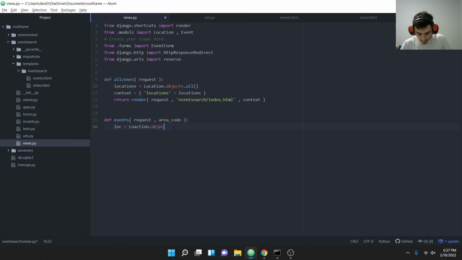dot objects dot get. The reason we use get, which is the issue that I had previously, is that it was returning a list. When you use filter, all you get is a list, but when you use get it returns a single one. So that was the issue. So area code is equal to area code. Now we're going to get an instance of a location,